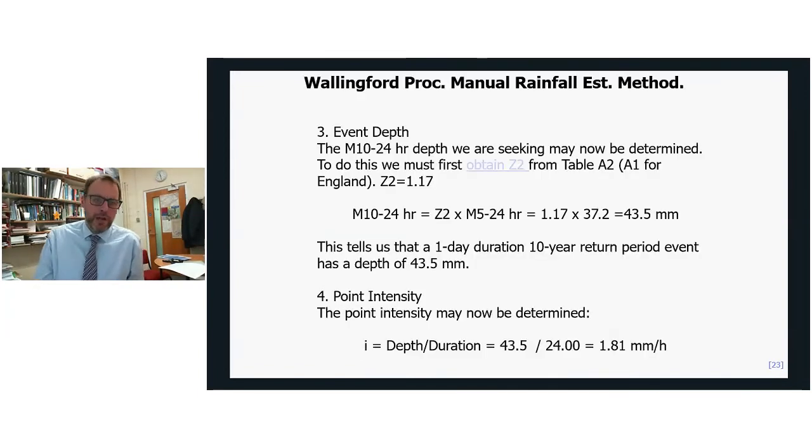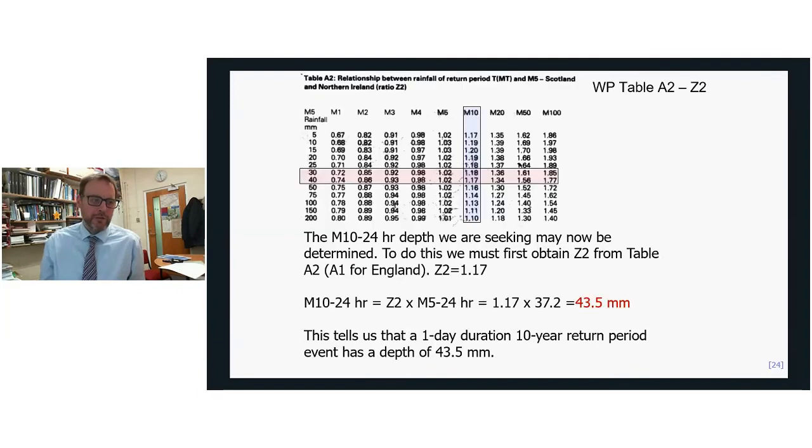So now we're actually going to get the M10 24 depth, which is actually the thing we're after. Your 10-year return period may now be determined. To do this, we must first obtain Z2 from table A2, or A1 if it's an English location. So let's look at that, so that's from this table here. So this is table A2. There's also an A1 for English locations because